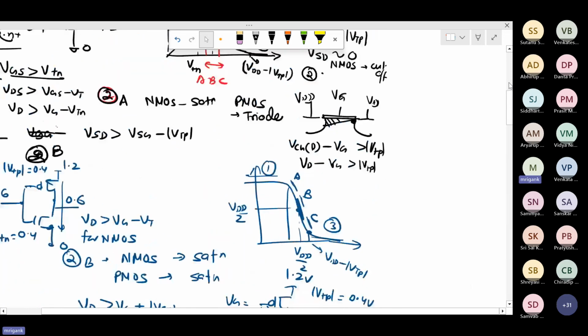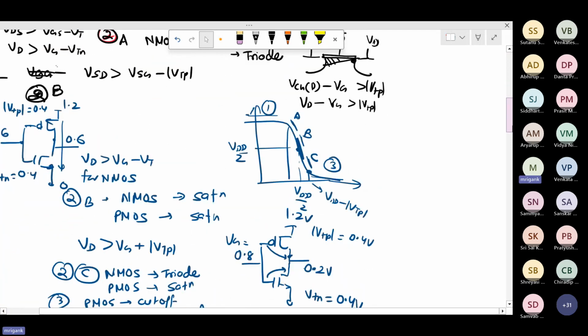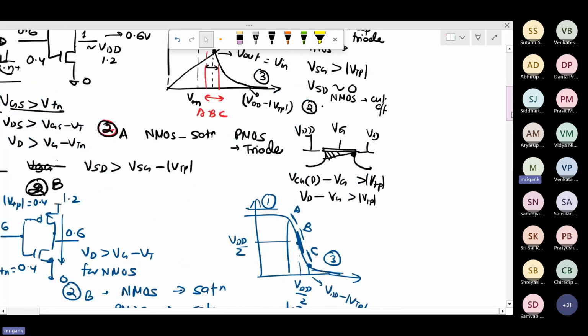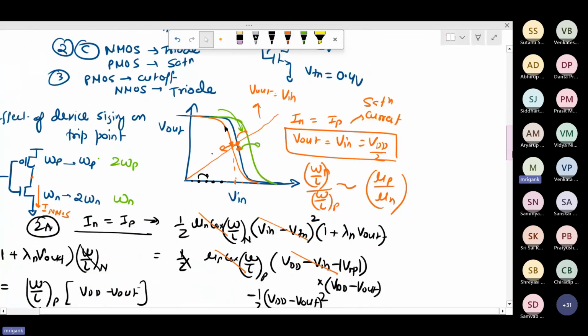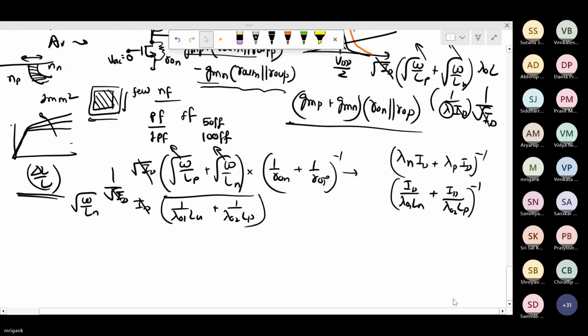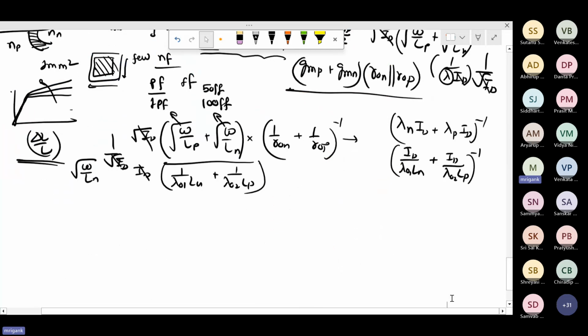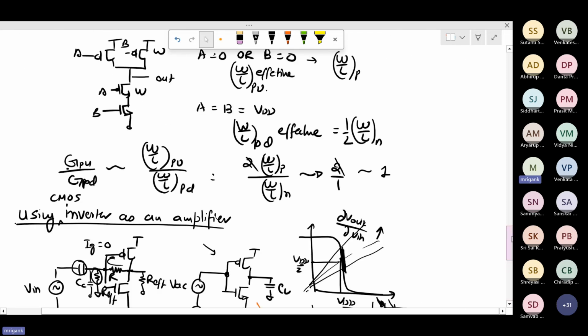I will print this and send it to you. There are a couple more things that I can quickly cover, because we have considered these transfer characteristics and we have also discussed variation. A very quick addition to this would be the effect of variation on transfer characteristics. Or let us keep it for the next, it will become too much. So variation, the corner effect, we will discuss tomorrow.